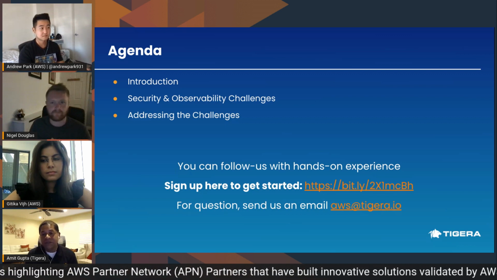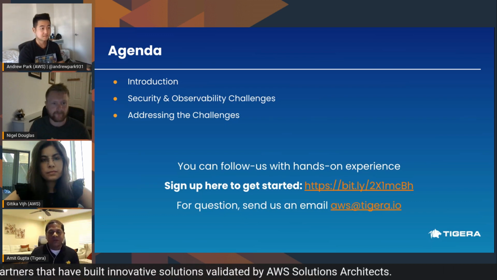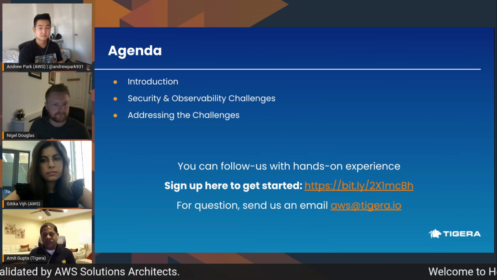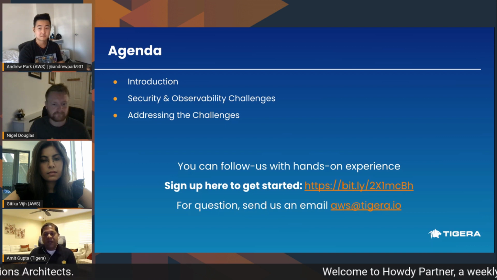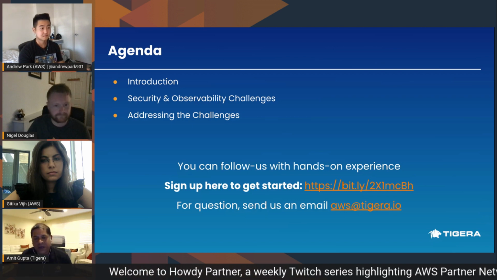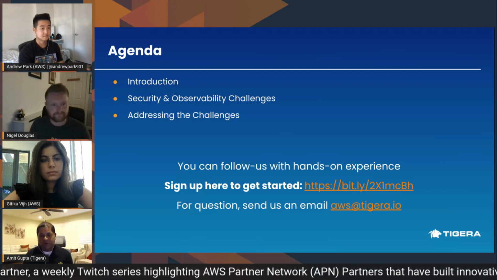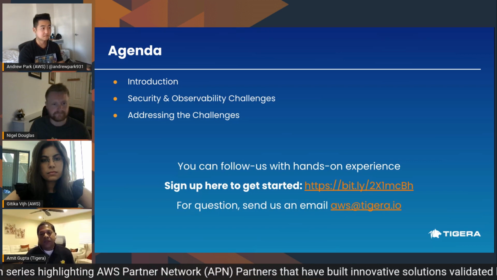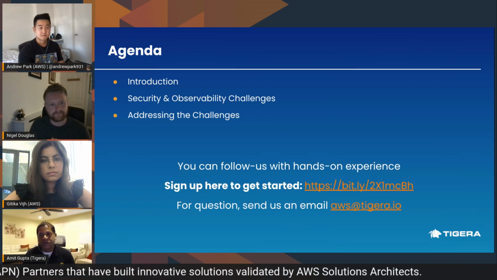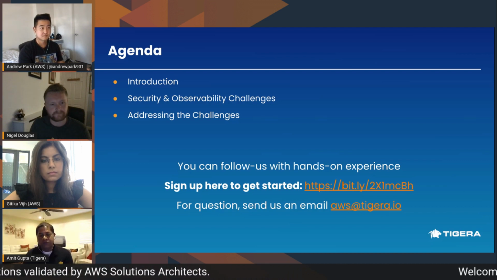If you don't have a cluster available, don't worry about it. This environment comes with a sandbox where some sample apps and applications are already deployed, so you can play along with us to get familiar with this. But I strongly recommend that if you have a cluster, go connect it. That will give you a more realistic experience with your own dev test environment and your own applications. We'll follow along through the show and answer any questions you may have. But if you have any further questions, feel free to reach out to us.